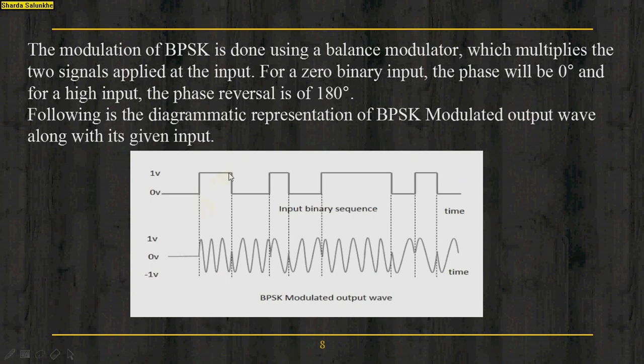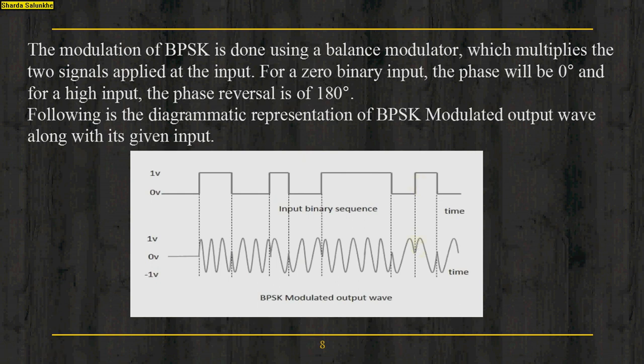So if the binary pattern transitions from 1 to 0, it will be the negative phase. So the negative phase indicates a binary 0 signal. And if the transition is from 0 to 1, you will get the positive phase. So you will get 180 degree difference, so it indicates the binary 1. Again the negative transition from 1 to 0, so negative phase. Again transition from 0 to 1, so it is a positive phase. Again here 1 to 0, so it is negative. Again next 0 to 1, it is positive. So in this way you will get the phase reversal for the binary 0 and binary 1.